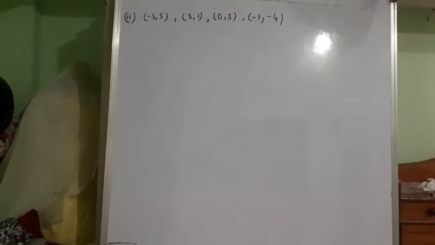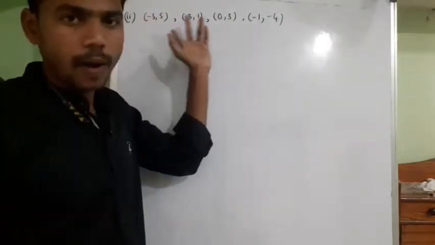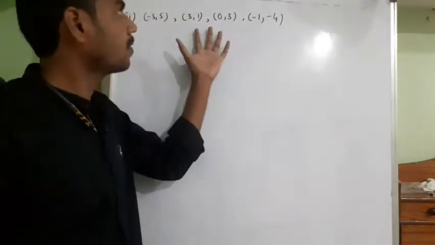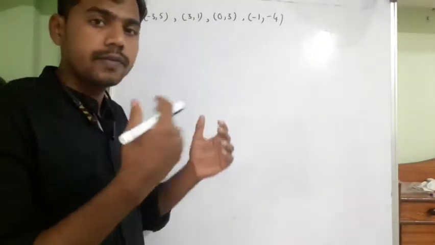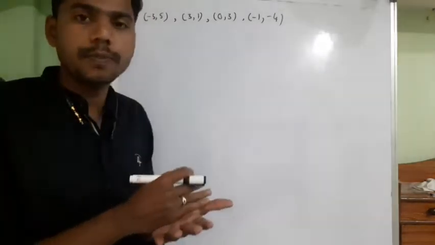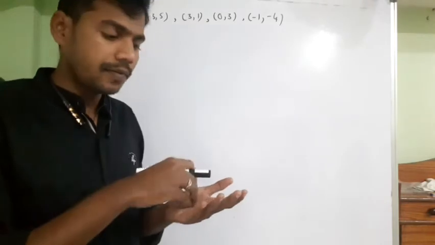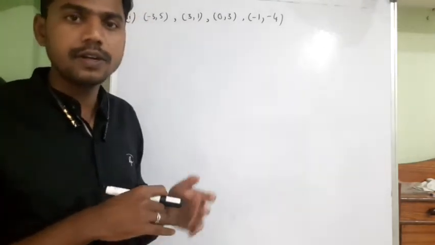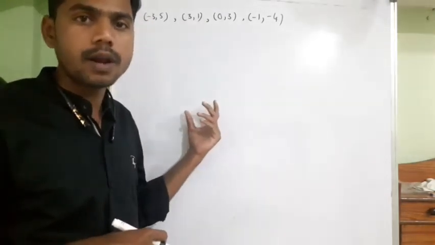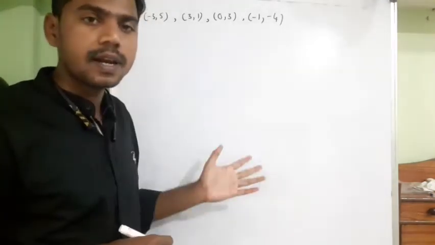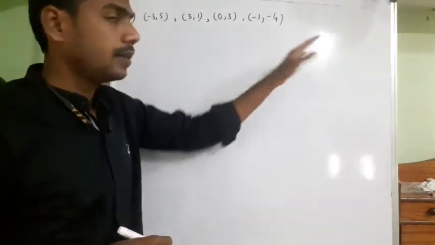So the next sub question is the same thing. Again we need to verify whether these points are going to form a quadrilateral or not. Once we declare it as a quadrilateral, we need to check the relationship between the different sides. Based on those sides and diagonal relations, we need to state which type of quadrilateral it is. In the last one, based on the relationship, we stated that it was a square.